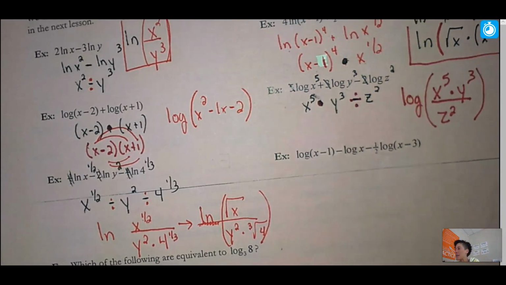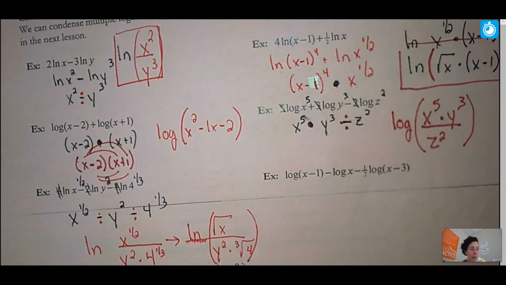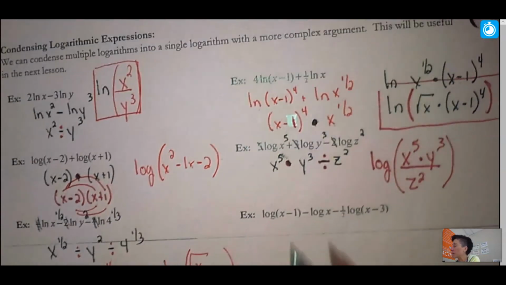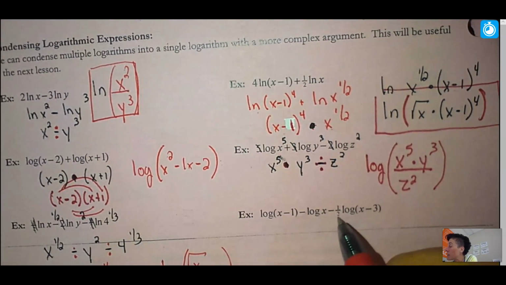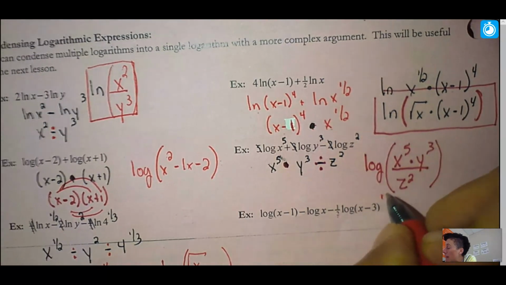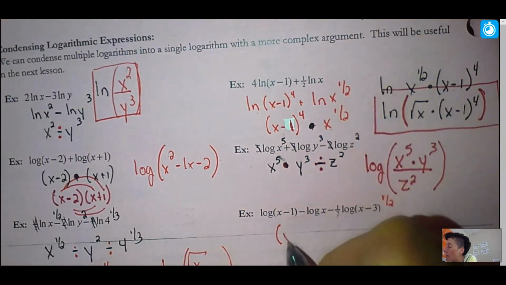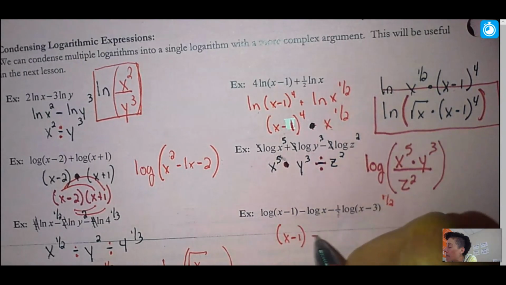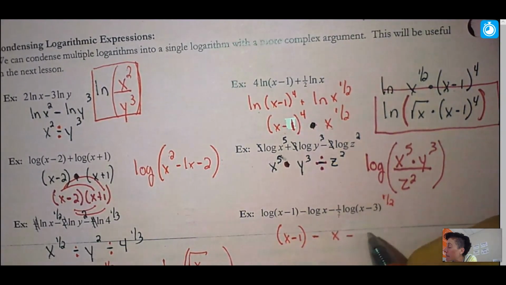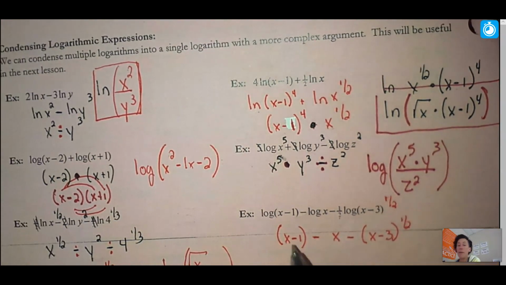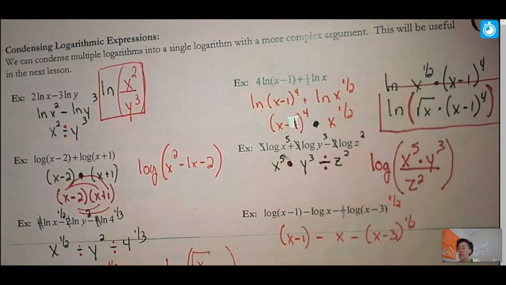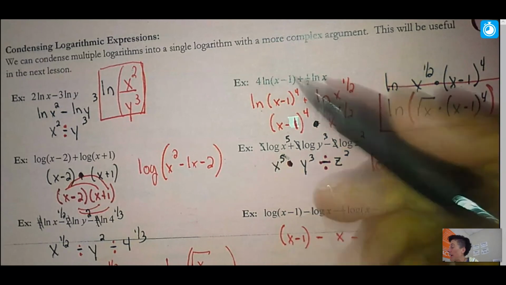Last one. Again, some of these are very challenging problems, but we're almost done. And I know this is a long video. So what I'm going to do is first this multiplication will go back as the exponent. I'm going to drop those logs so we can see what we're looking at. And just that reminder one more time, if it's in parentheses, do not touch it. It is protected. So this subtraction becomes